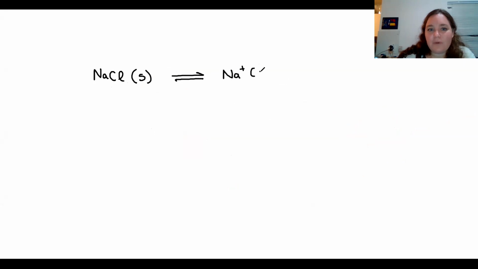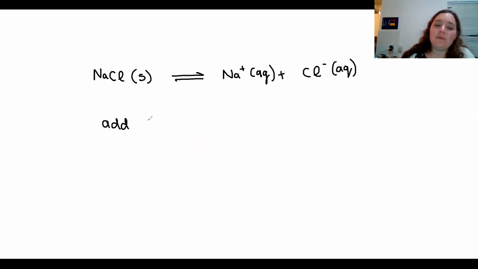So if I were to say, for example, that I have, what was the example before? NaCl solid, and it is reacting, I can do it this way as well, with Na+ aqueous and Cl- aqueous. So this is a typical dissolution reaction. You take salt, you stick it in water, you stir it. Most of it dissolves, but if you add enough, some of it won't dissolve and it'll remain as a solid. Now, if I were to add